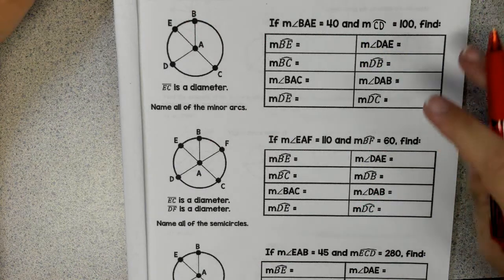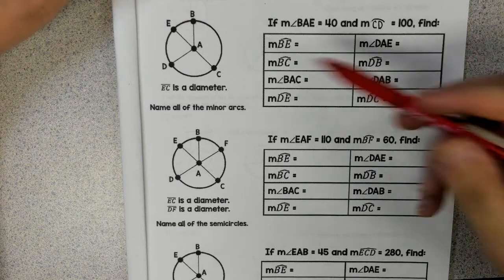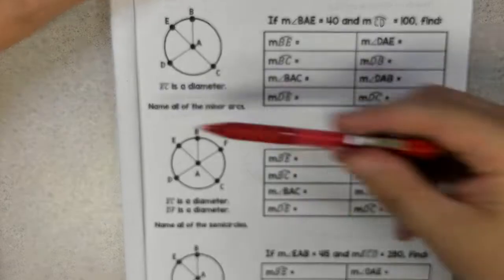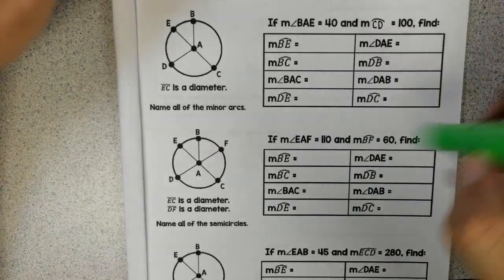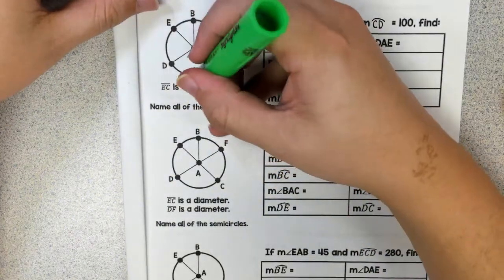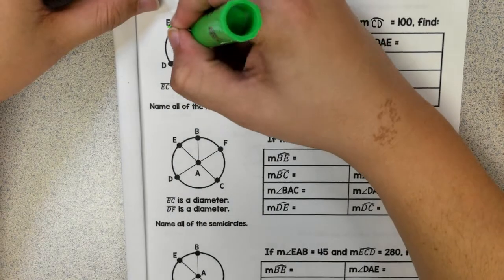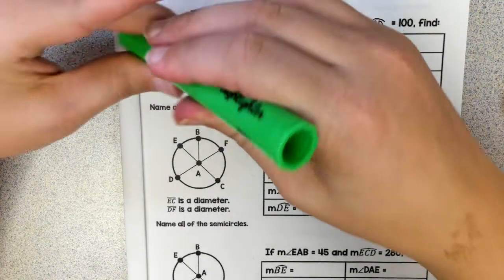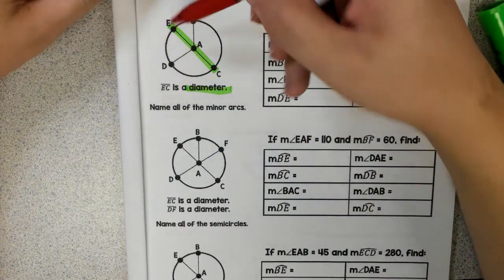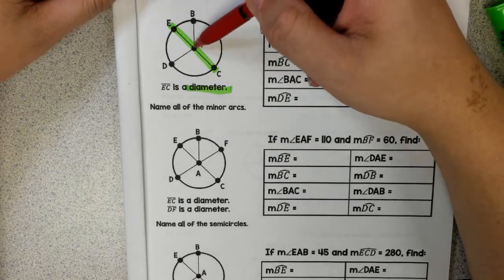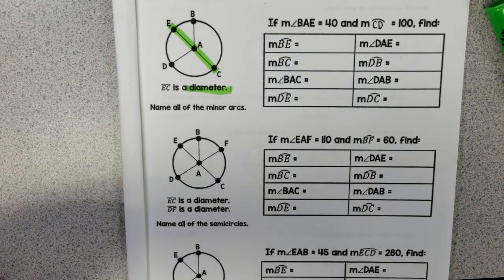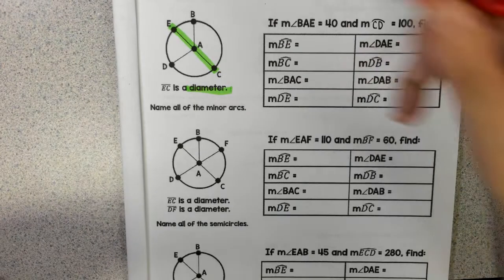Okay, let's do a couple of examples. So here I have a picture, and it says that EC is a diameter. So I'm going to highlight the diameter in green and then cross EC as such. Remember, a diameter is a segment that goes from one side of the circle to the other, but goes through the center point. So knowing EC is a diameter, I can then come in and say, okay, the measure of